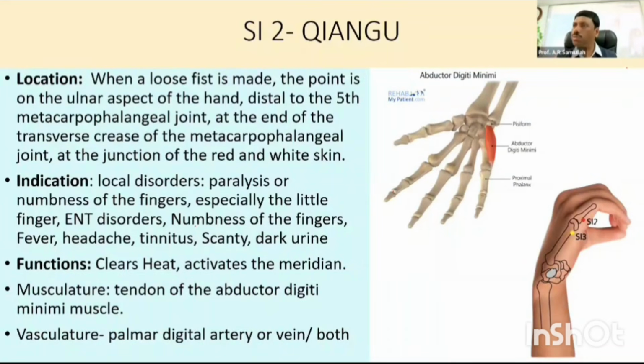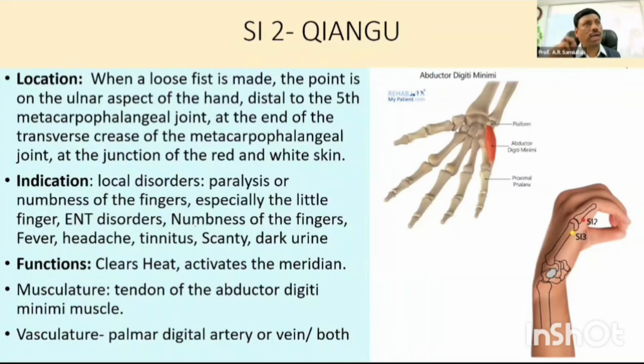Then you activate the point known as Qiangu. By the way, the Qiangu point is a good point to treat all finger related disorders, that is movement related disorders, paralysis, spasticity related disorders, where flexion and extension do not take place appropriately. All could be the reason. And by the way, people will get numbness because of excessive coldness in that particular region, which is the reason to cause the numbness.